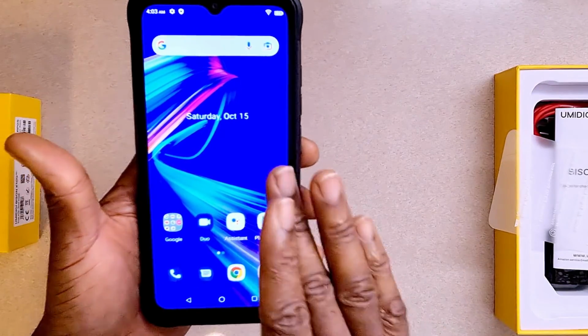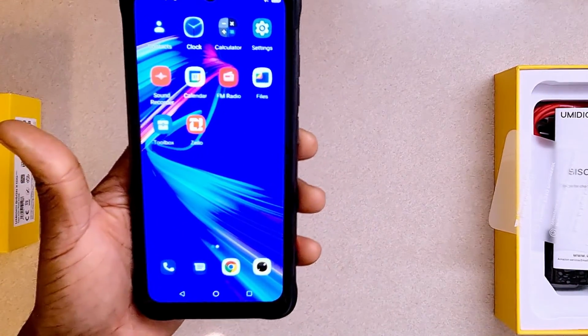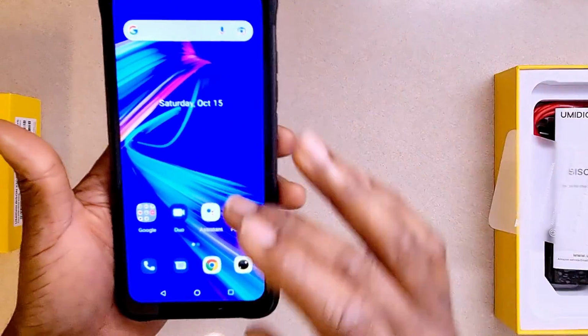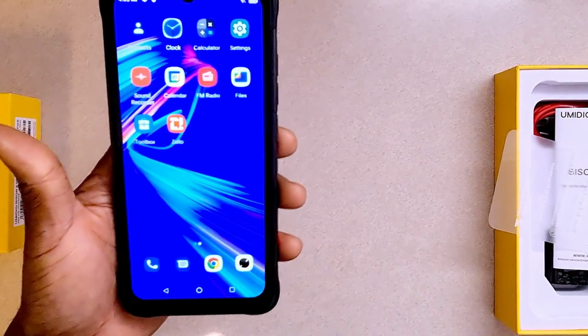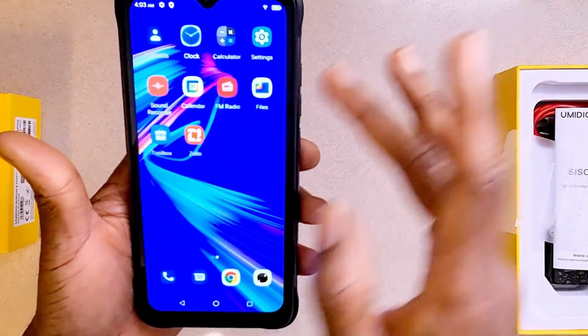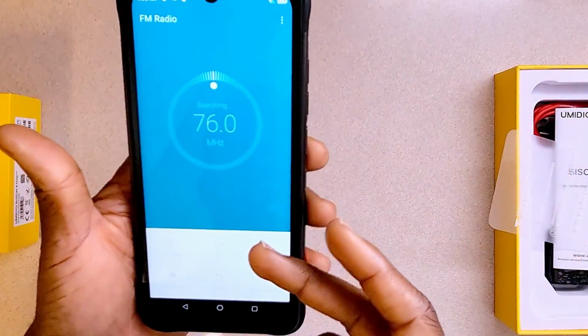If you scroll this way, guys, you go to the next page. Most phones I like to scroll this way, but this one doesn't like to scroll this way. Right, so scroll this way, and you can see the Zillow app, the toolbox, sound recorder, and the FM radio right here, which normally requires you to connect